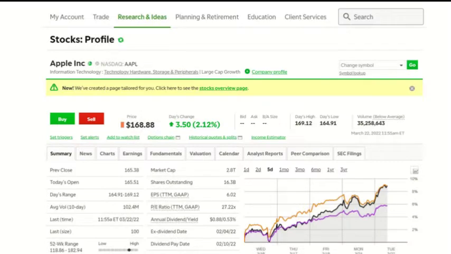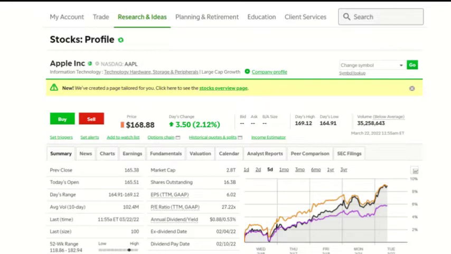Today I'm going to be showing you how to write a covered call using the TD Ameritrade website. Now the TD Ameritrade website is different than TD Ameritrade's Thinkorswim platform. The TD Ameritrade website has an easier to look at user interface without so much information all over the screen that you get on Thinkorswim, which for beginners, I find it easier to deal with. I do use Thinkorswim whenever I need to roll a call.